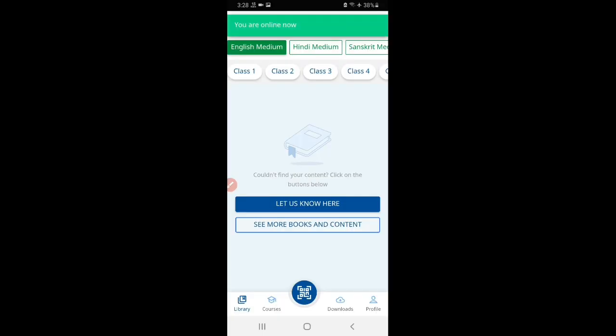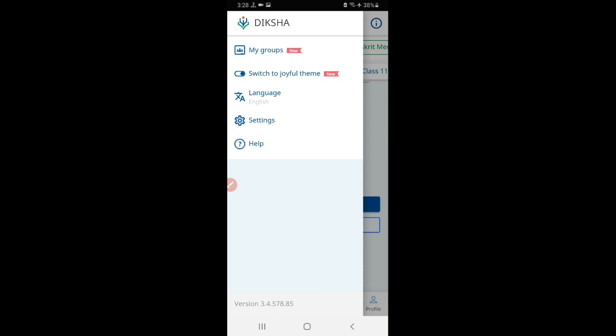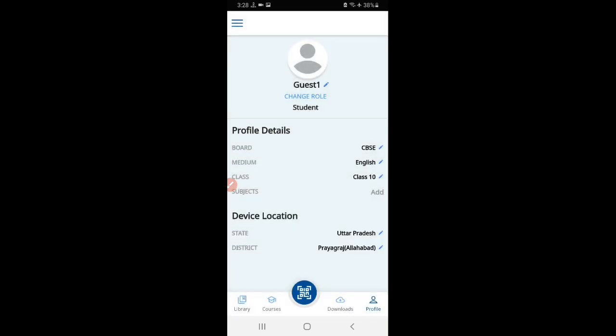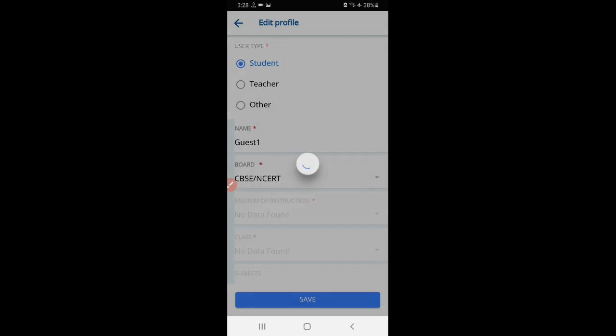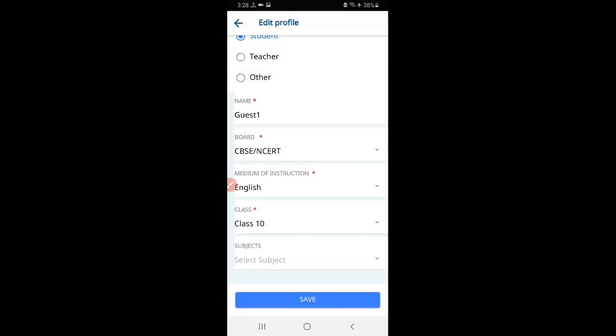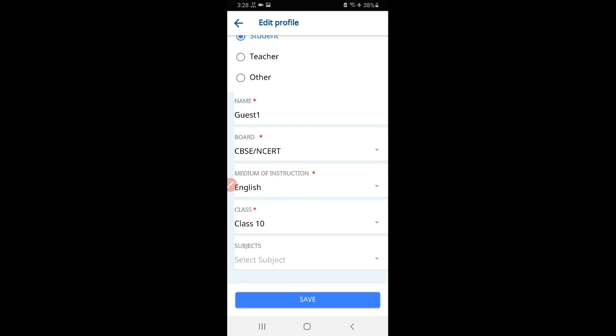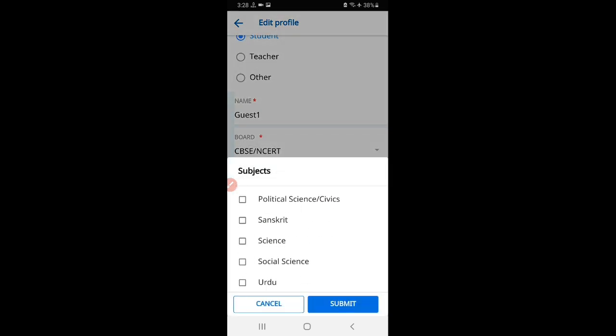Now see, we have chosen our class. First we have to see whether we have made our profile or not. See, profile is not made. So kindly write your full name, subject, which subject?